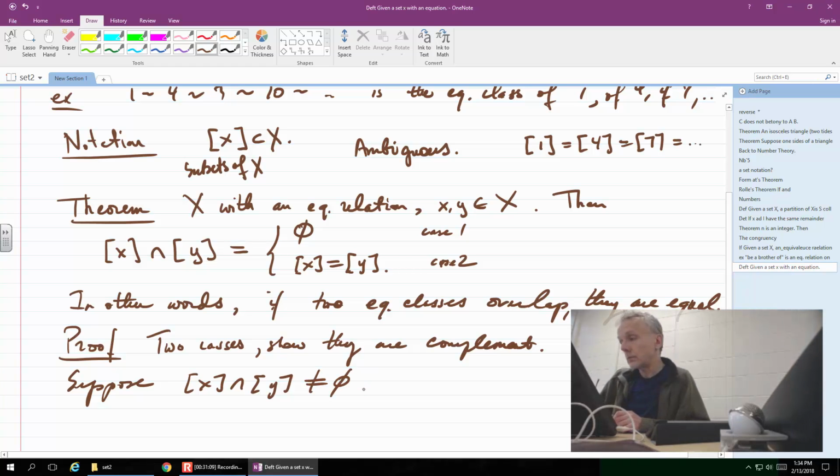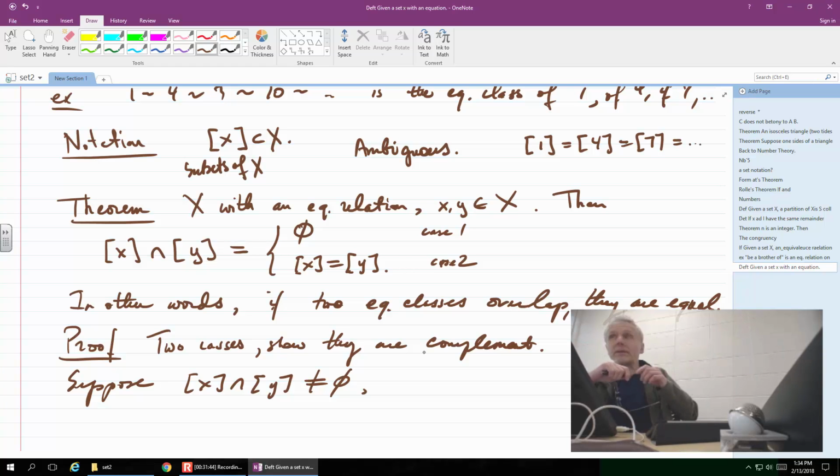Okay, so let's expand. What does it mean? They're equivalent? They're equal? No. Contains all real numbers? No, first of all, there are no numbers. We're talking about sets in the most abstract sense, so the nature of sets is unspecified. Only set theory is available to us. You said they overlap, right? No, that is the statement of the theorem. That sentence over there is simply a restatement of the theorem.